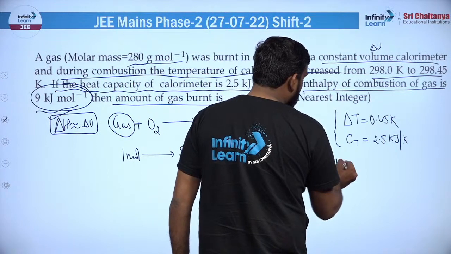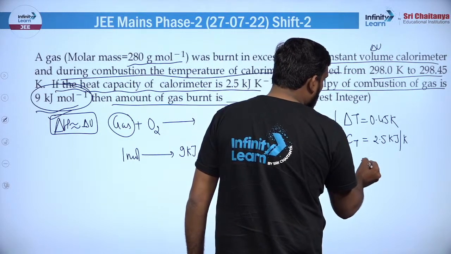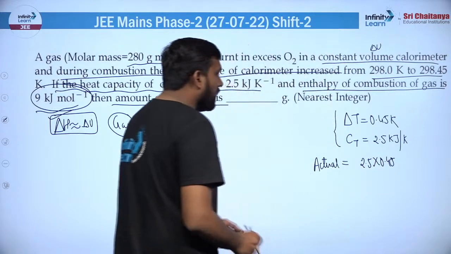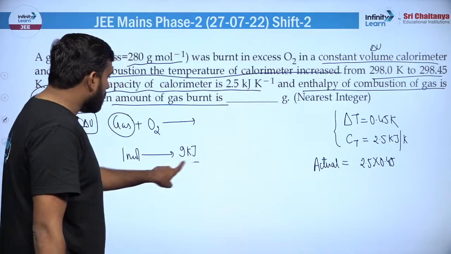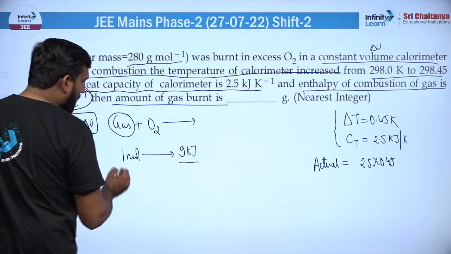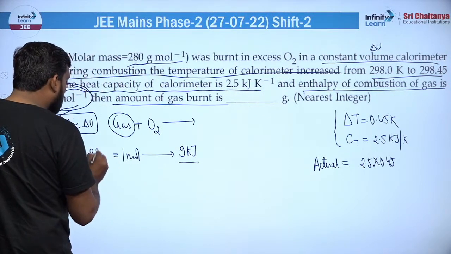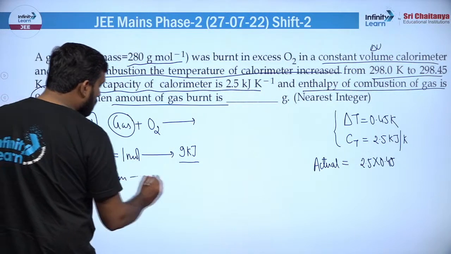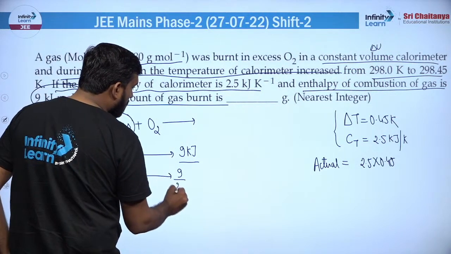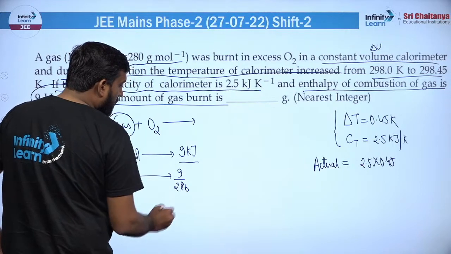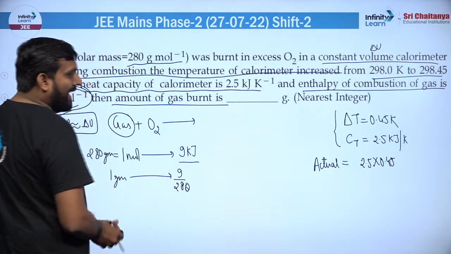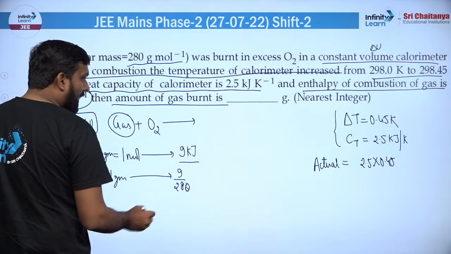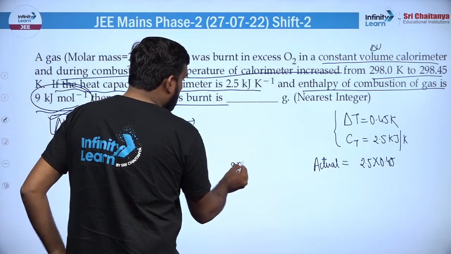तो एक्चुअल आपसे कितना एनर्जी रिलीज हुई है वो आ जाएगा 2.5 इंटू 0.45, इतनी एनर्जी रिलीज हुई है। तो अगर 1 मोल होता तो इतना होता। तो 1 मोल मतलब कितने ग्राम की बात हो रही है बेटा, 280 ग्राम्स की बात हो रही है। तो पर ग्राम जो रिलीज होता वो इतना होता, 280, इतना पर ग्राम होना चाहिए था, बट एक्चुअली हुआ उतना ही है। तो बेसिकली अगर आपको ग्राम में निकालना है, कि x ग्राम मान लेते हैं।